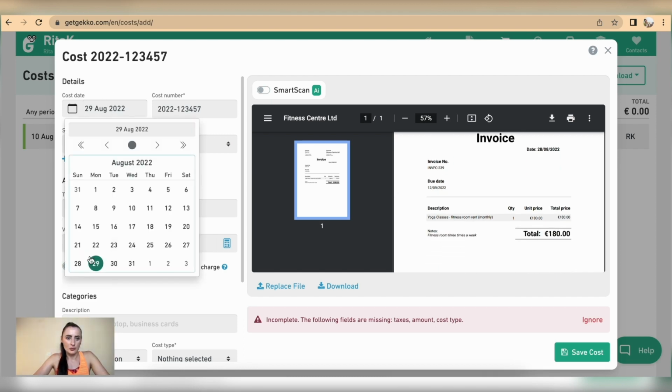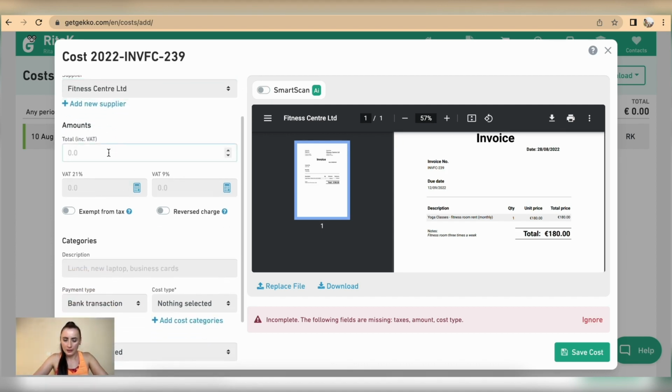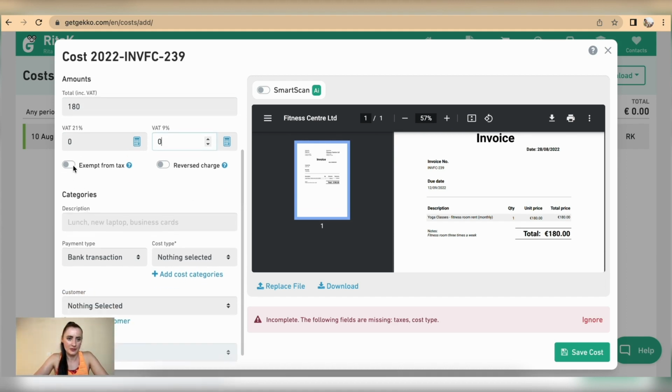So date was 28 and invoice number was actually INVFC239. Okay, supplier, I can select my fitness center. Amount, I had 180, and there is no VAT in my case for my simple purposes. Okay, description, I have yoga classes, fitness room rent, so room rent,